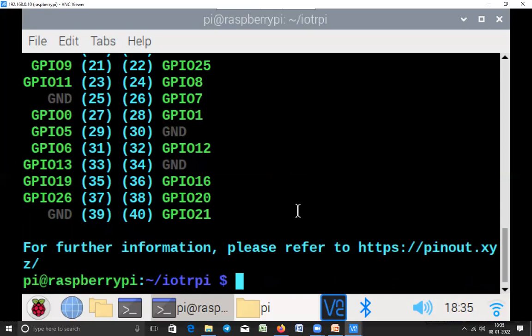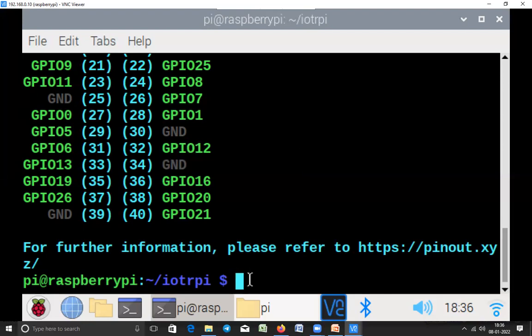Okay, right. So now what we do is we'll try to interface an LED, and first we'll try to turn on the LED and turn off the LED by using a Python program. So now we have to create a Python program. How to create a Python program? We'll be using Nano. Those who have any doubts during that, you can type and we can discuss later on. Okay, right. So we'll do that now here.